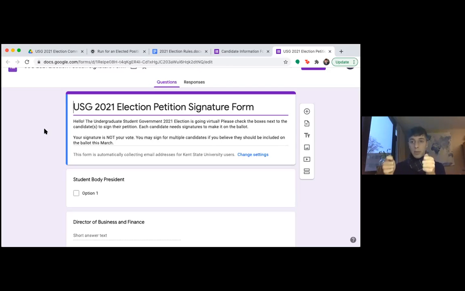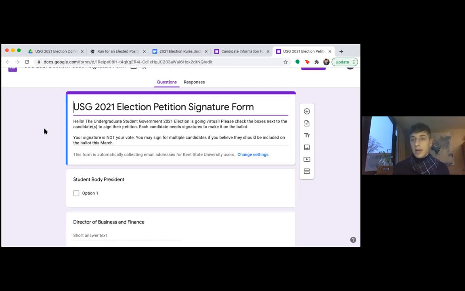Normally, you have a paper book. People would go around and sign it. You give them your little spiel. Instead, you can still do that. You can still talk to people. You can send them an email with this form linked and say, hey, I'm running for undergraduate student government. Again, all those campaign rules apply. So keep in mind, not on a university listserv, but let's say College Republicans, do you want to help me petition to get to that campaigning portion? They're like, sure, okay, send out this link.